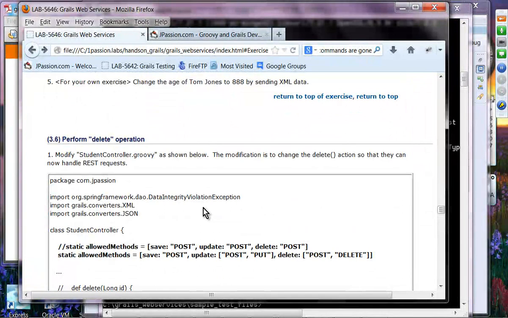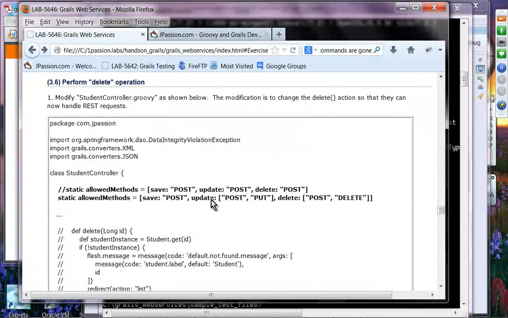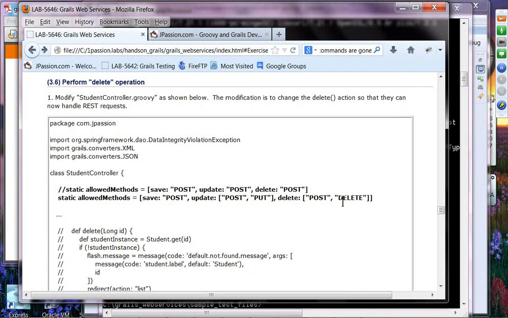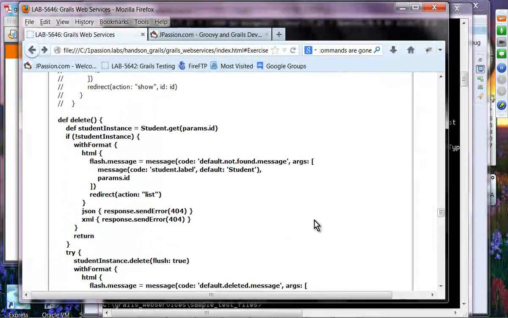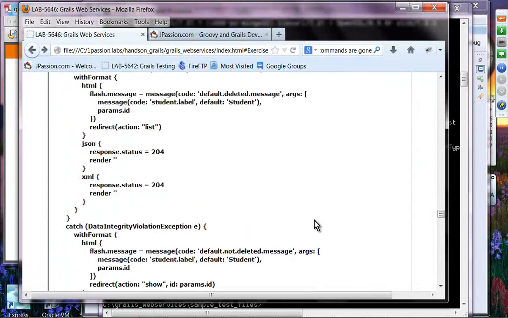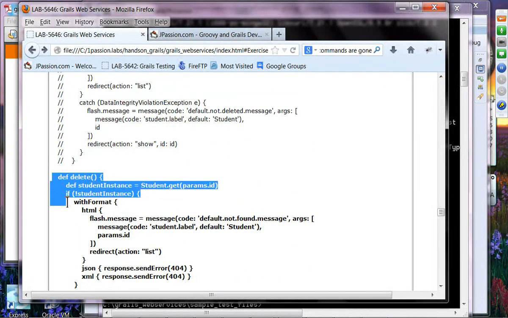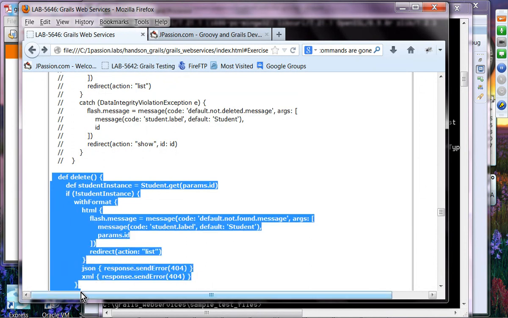And the last one is a delete operation. So we have changed this one to allow the delete. Okay, so we're going to receive the HTTP delete. So we should be able to add this one. Yeah, so we have already done that. Now we're going to change the delete code. Yeah, so this is pretty similar to the update. We are just checking whether the student is already there or not, and